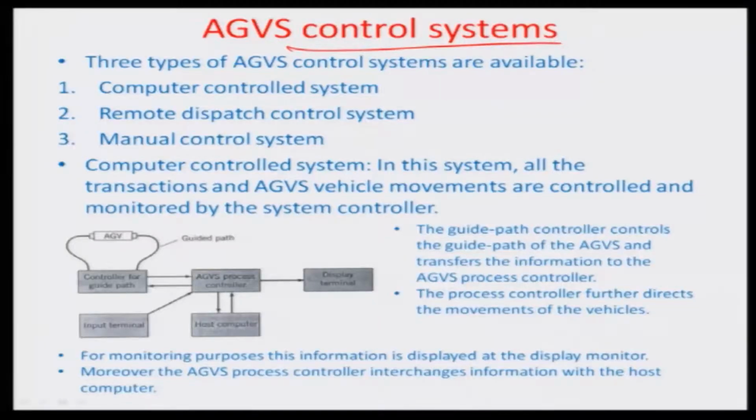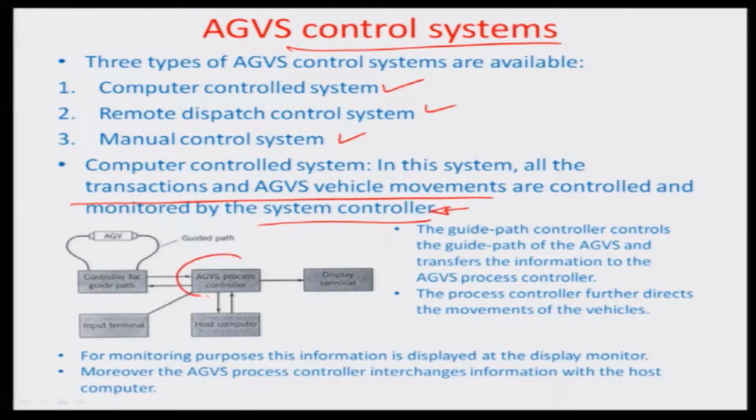As regards the control systems, the AGVS have different kinds of control systems. Obviously there is a completely computer controlled system, there is also a remote dispatched control system, and then obviously the manual control system. So computer controlled systems happen to have all transactions and vehicle movements controlled by a system controller, a main system controller, and basically